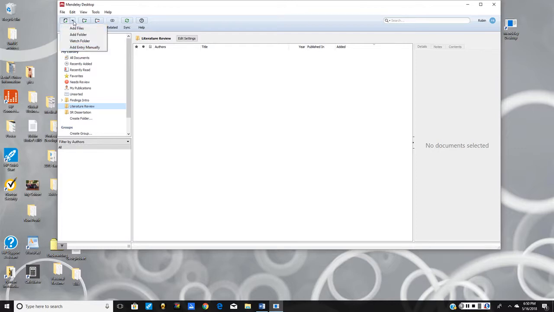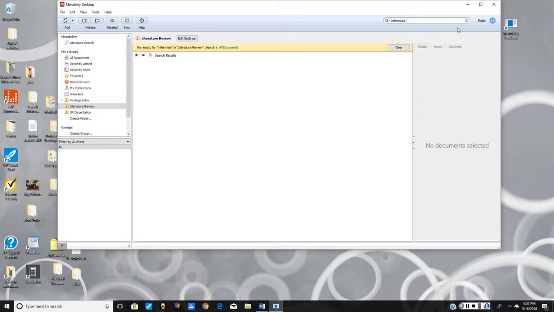I go up and left click this little arrow. You can add files, you can add entire folders, and you can watch a folder or add entries manually. I chose to look for the PDFs first. Mendeley does have a feature where it allows you to look for certain articles as well,